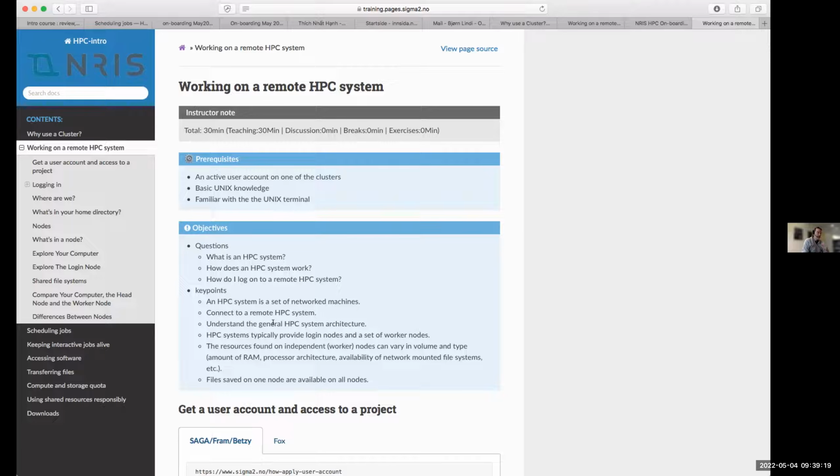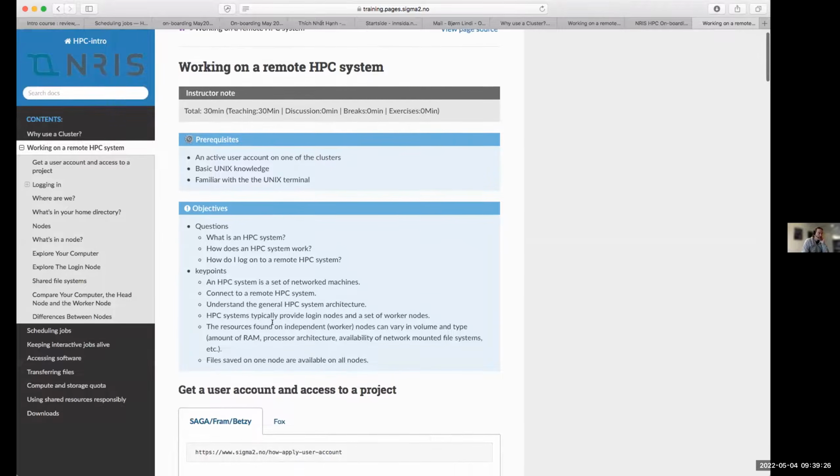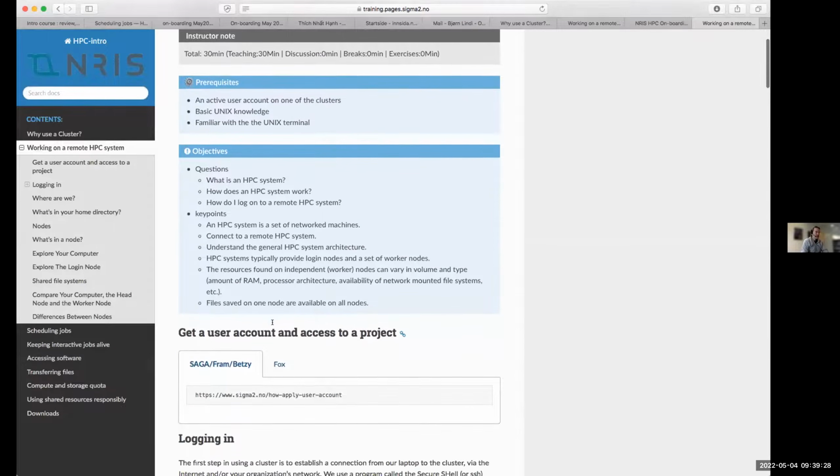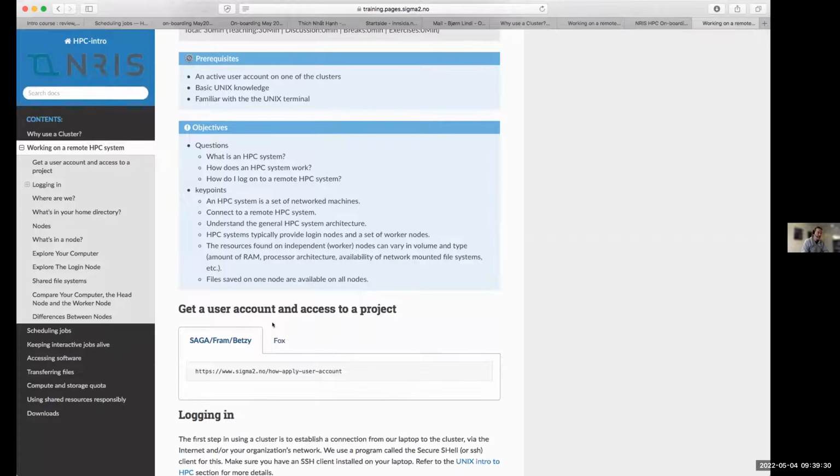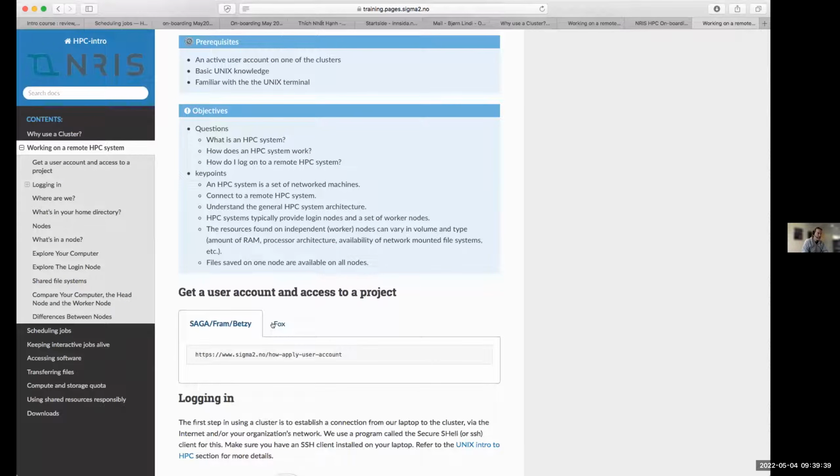We're going to dive a little bit more into detail about that, and how to connect to a remote system. We did that yesterday as well. And we're going to look at how the different nodes are on the HPC systems, that we have login nodes and compute nodes, and what the distinction between them is.